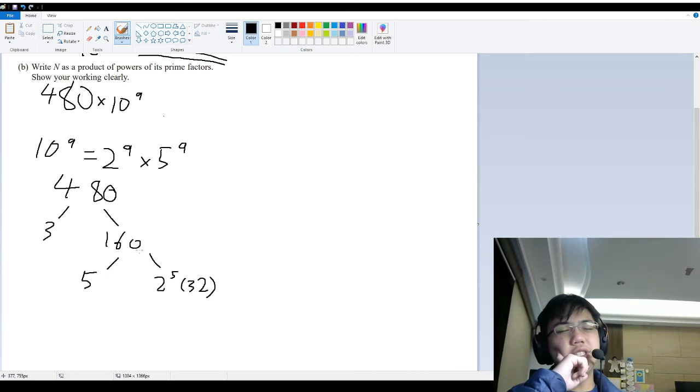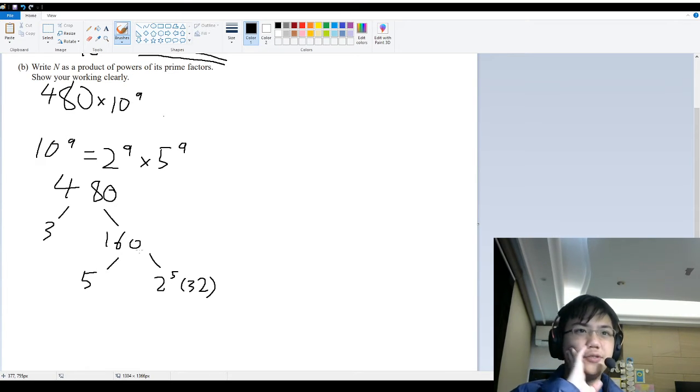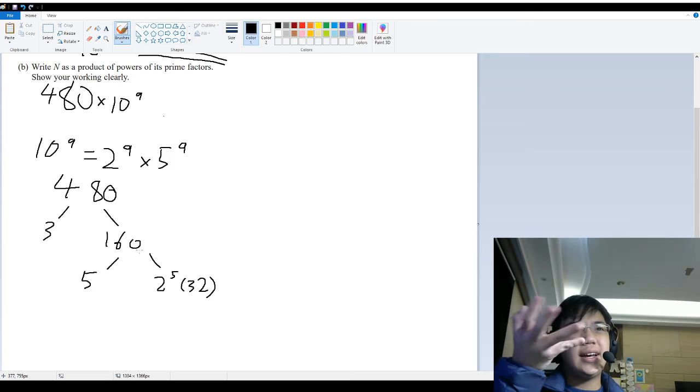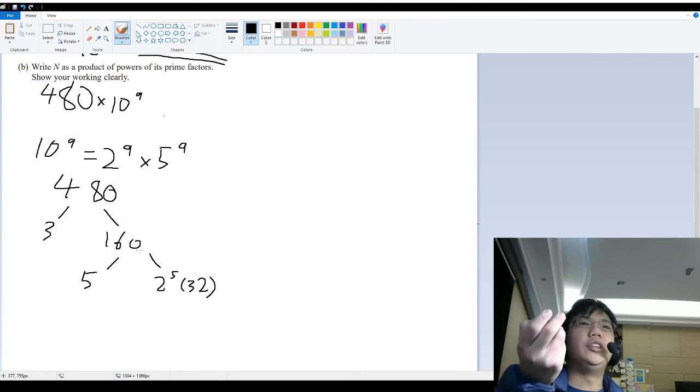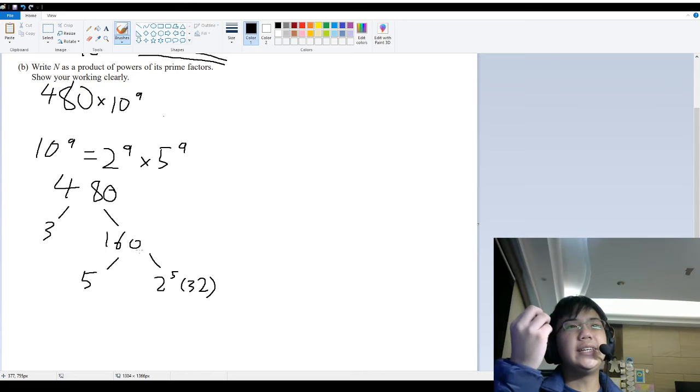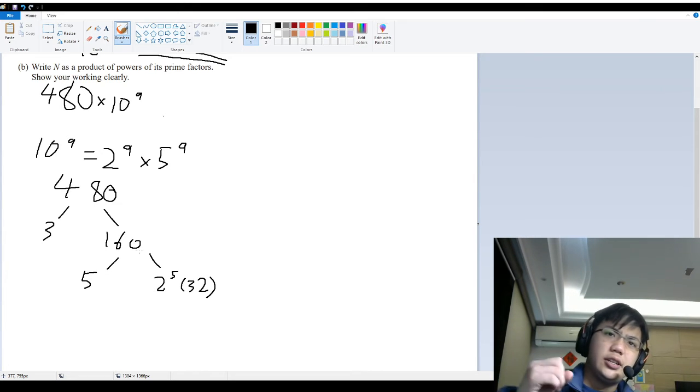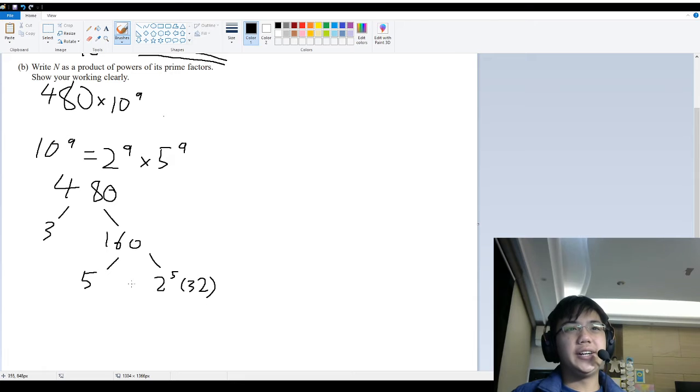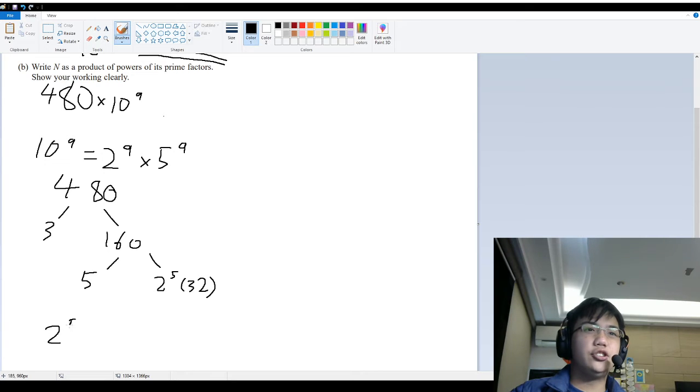In the test, you wouldn't try to figure this out quickly. You would have to think of what numbers 480 divides fully into, and use this to find the prime factors of 480. So since now we have the prime factors, we multiply them all together,